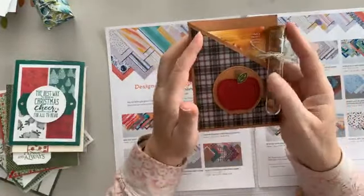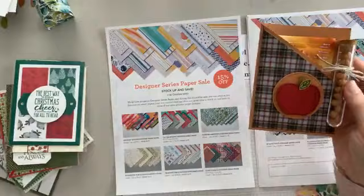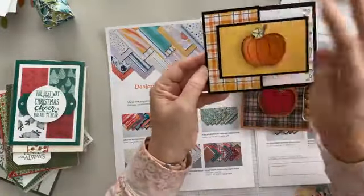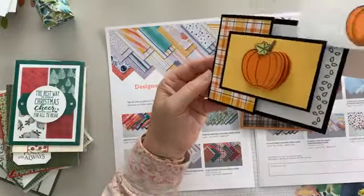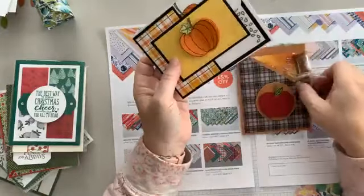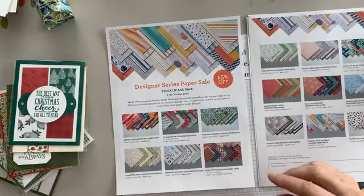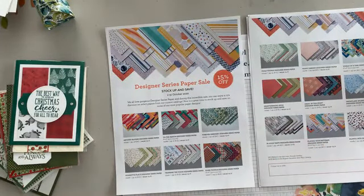The Plaid Tidings. And then this is the card we did last week. And this had the Plaid Tidings also. There you go. I'm going to put these aside because I'm going to bring them back in a minute, because I've got an offer for you. Anyway,